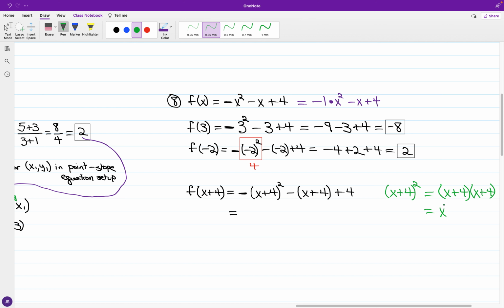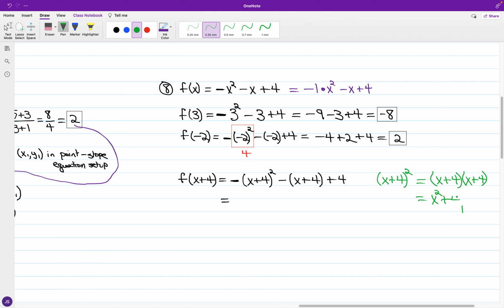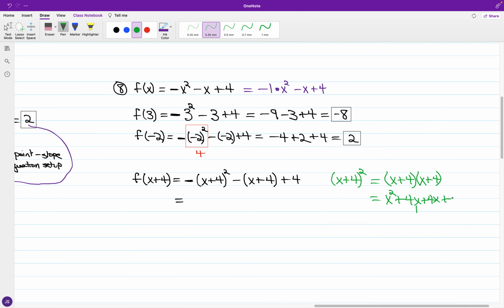Okay, and just foiling out, so I have x squared plus 4x plus 4x plus 16. And again, combining the middle terms, I have x squared plus 8x plus 16. Okay, so I'll be taking the opposite sign